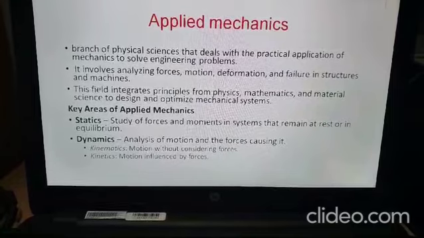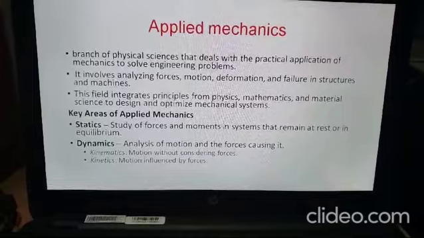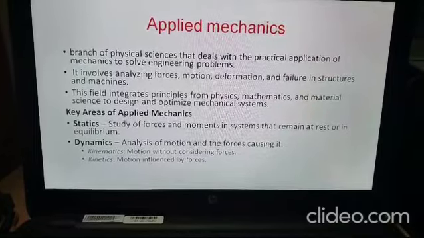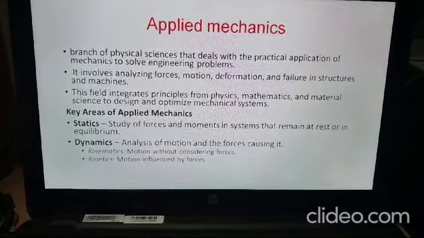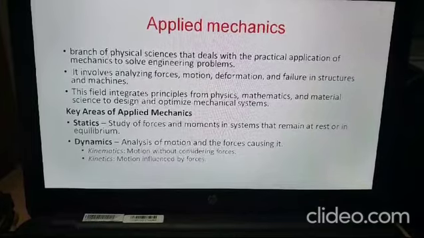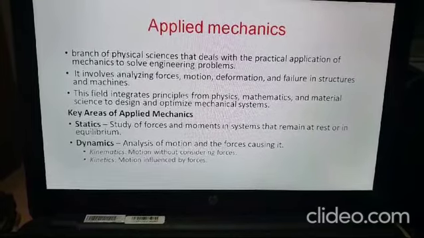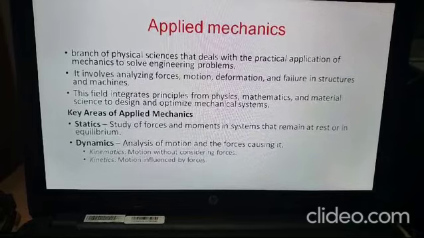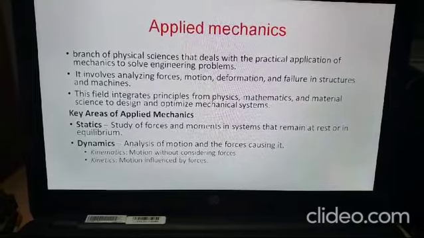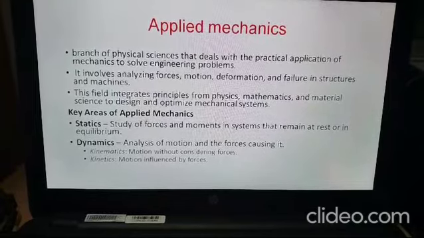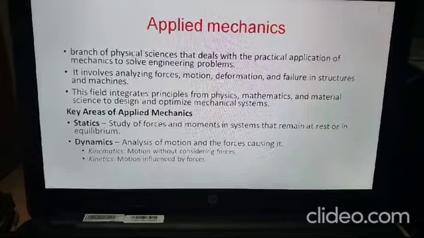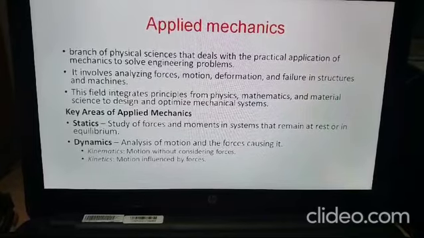So there are two types of dynamics. One is kinematics and the other one is kinetics. Kinematics means only motion will be considered without considering the external forces. That is called kinematics of machines. In the kinetics of machines, both the forces as well as the motion will be considered. That is called kinetics of machines. So applied mechanics is one of the core